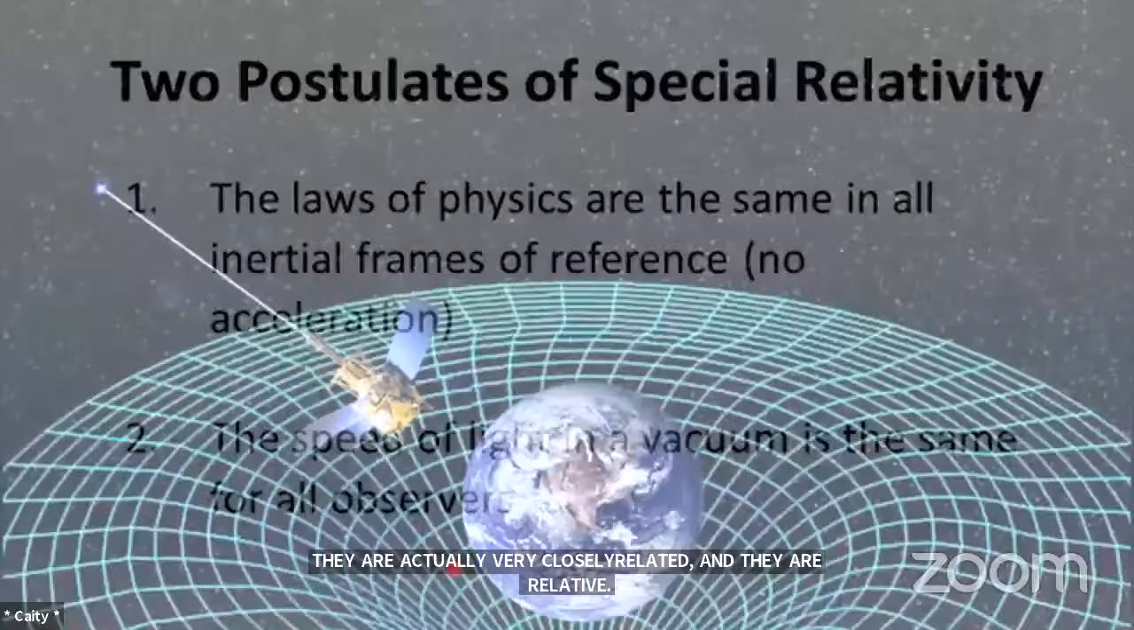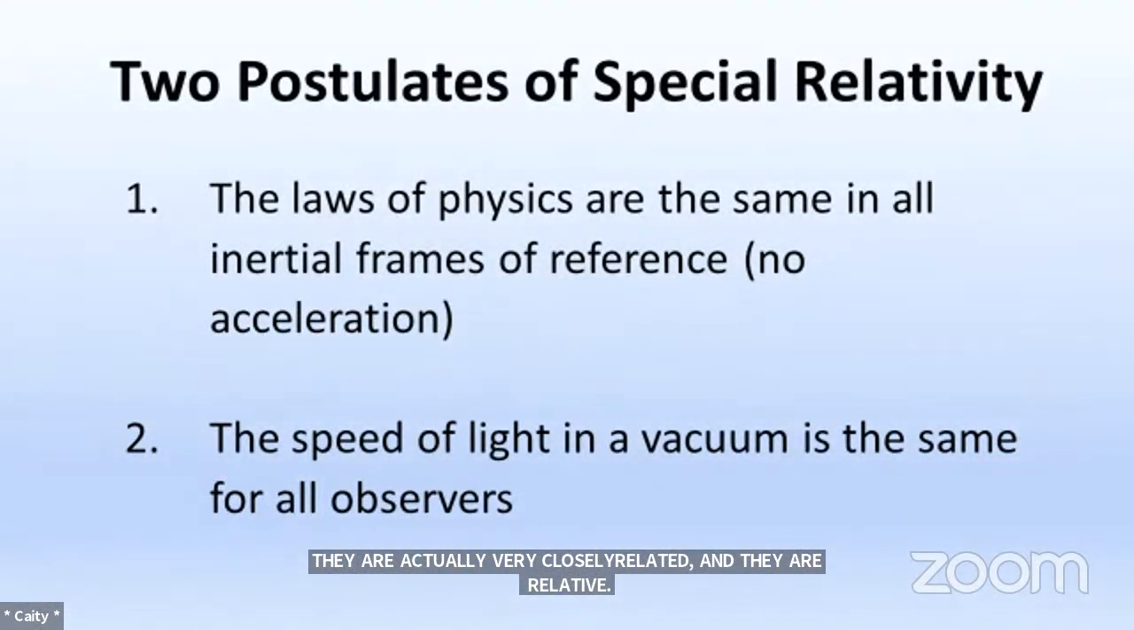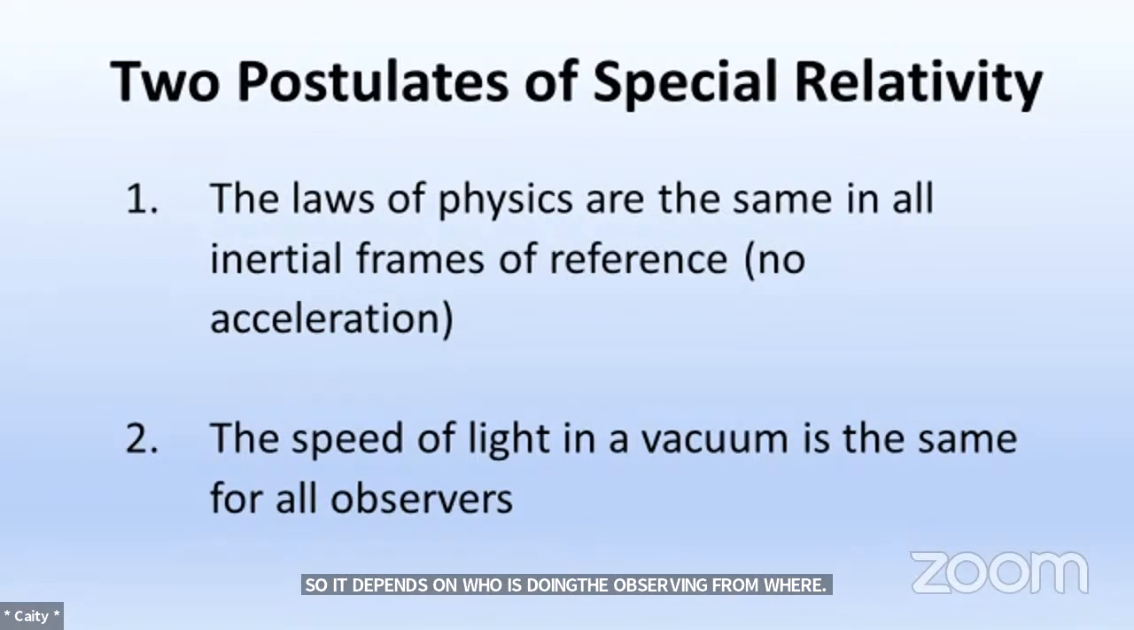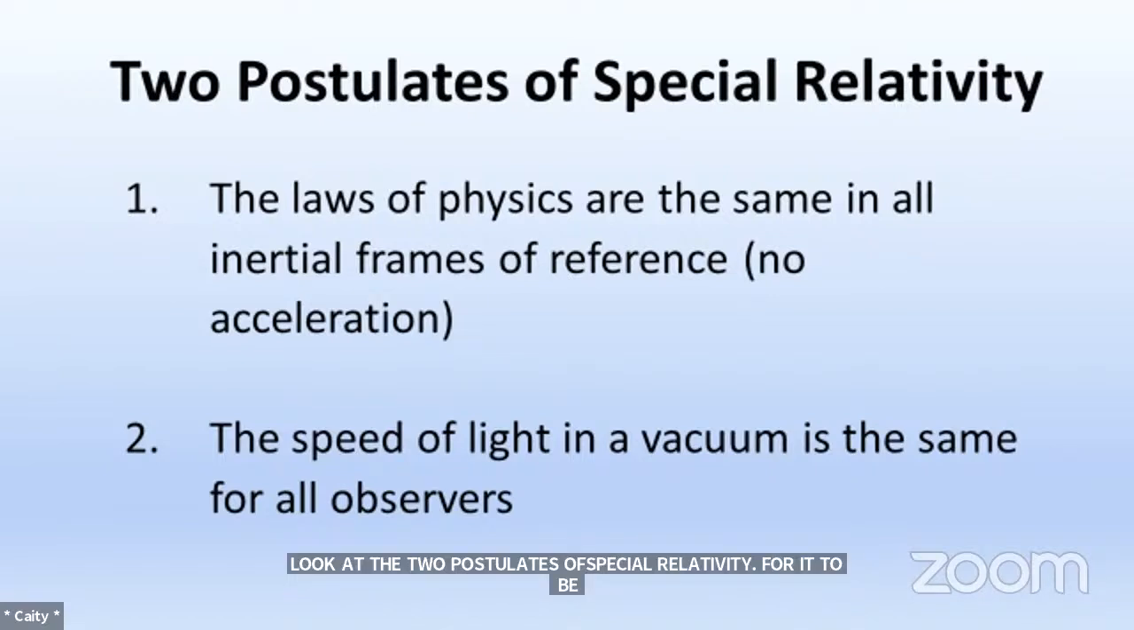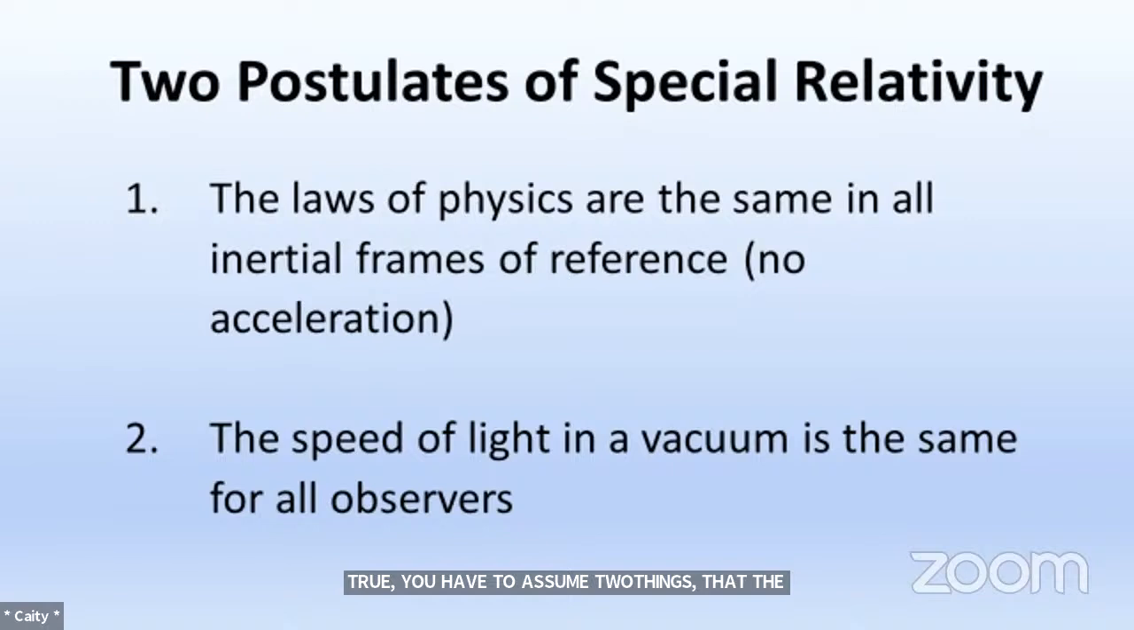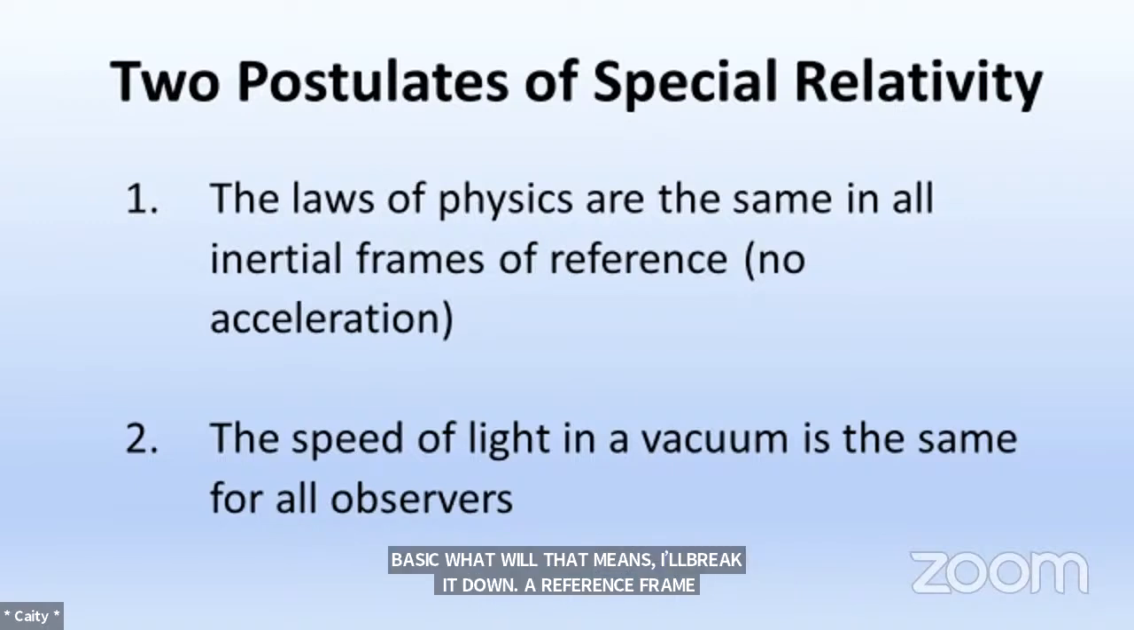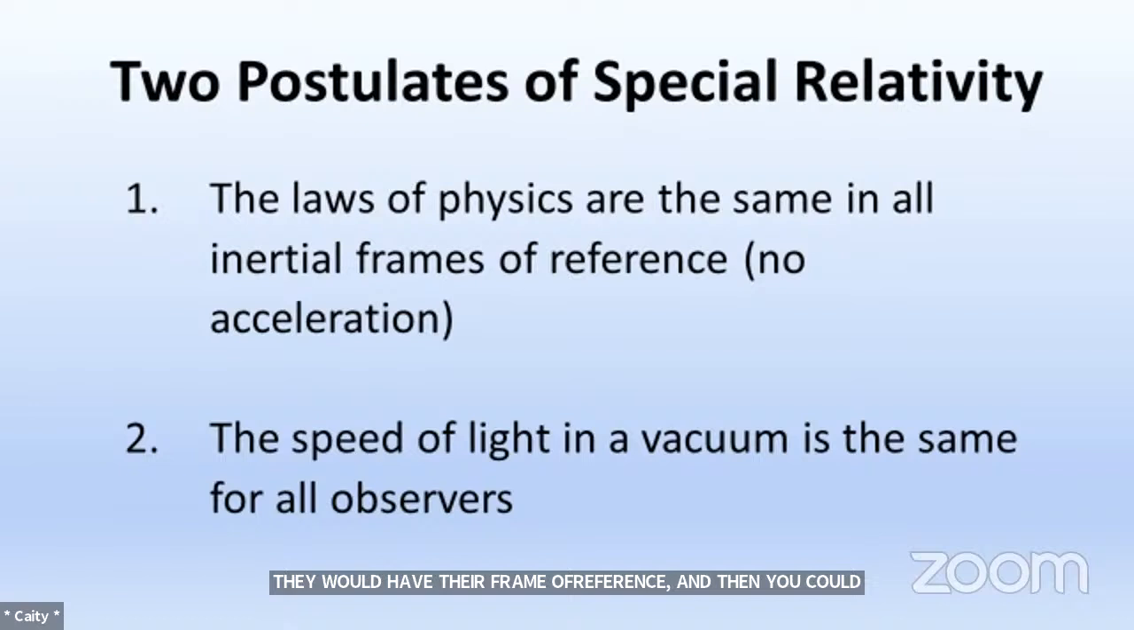All right, I'm going to switch us now to look at the two postulates of special relativity. For special relativity to be true, you have to assume two things. First, that the laws of physics are the same in all inertial reference frames. Let me break that down a little. A reference frame is essentially a point of view. You could have someone standing on a train that's moving, and they would have their frame of reference, and then somebody on the platform watching the train go by would be another frame of reference. So in any frame of reference that has a velocity but is not accelerating,